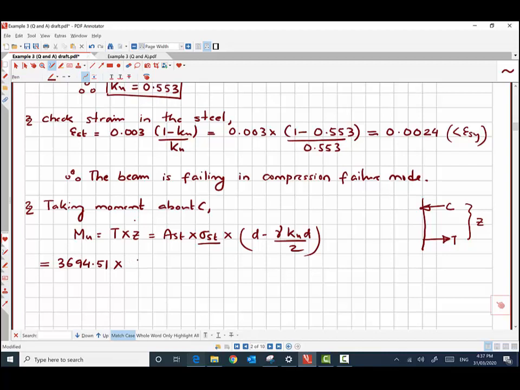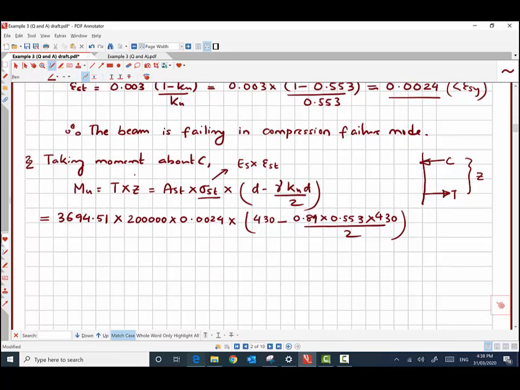It is written as ES multiplied by epsilon ST. So ES is 200,000 multiplied by epsilon ST, which we just found as 0.0024. And we know the rest: 430 is your effective depth, gamma is 0.89, KU is 0.553, the newly computed KU, and d is 430 millimeters, and that gives us